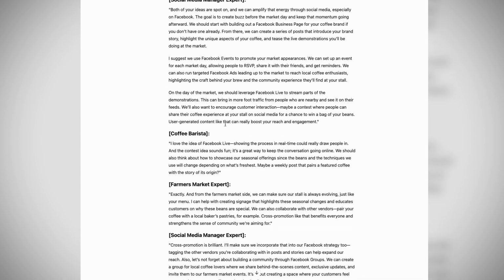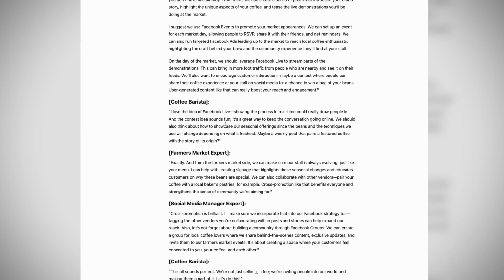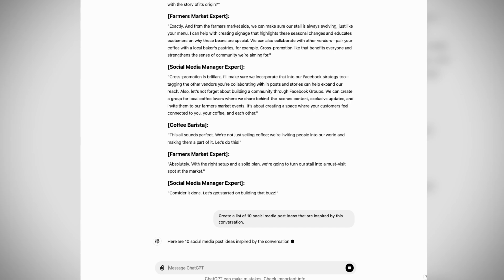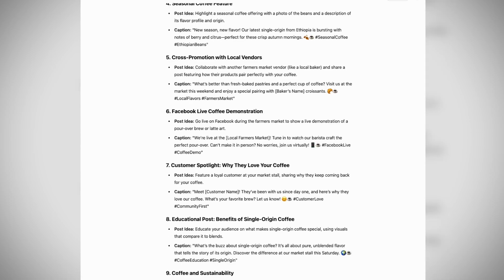For instance, I could ask ChatGPT to generate a list of 10 social media posts inspired by the conversation, then cherry pick the best ideas. There's no right or wrong way to approach this task. You could have used any of the principles we've discussed, like example prompting, template prompting, or persona prompting to experiment